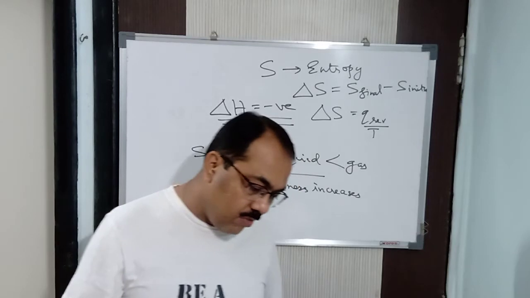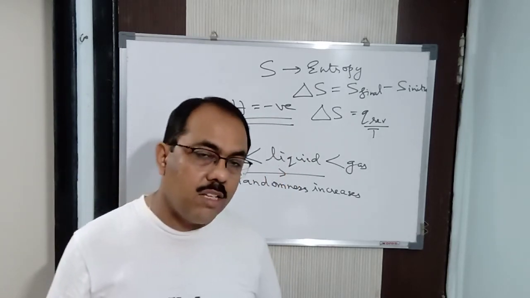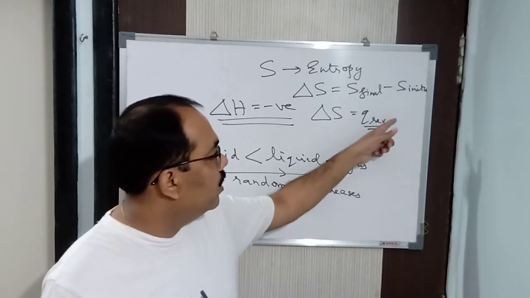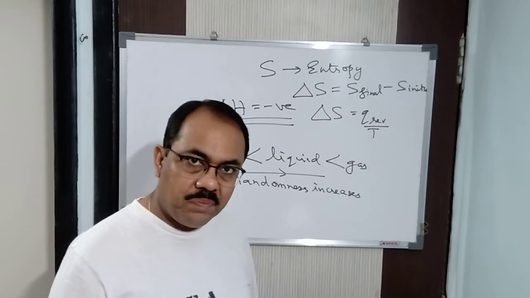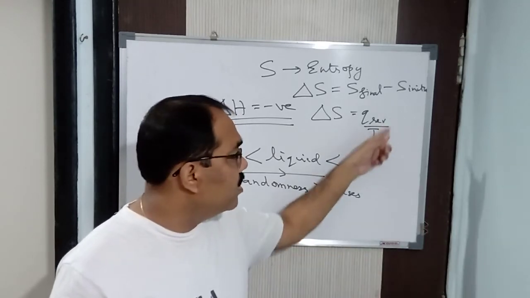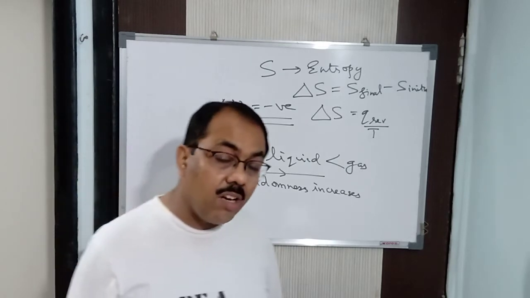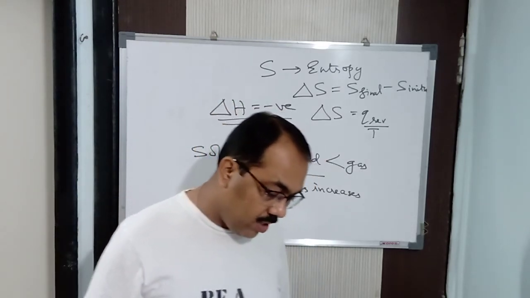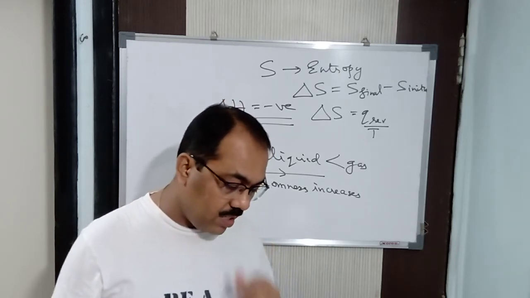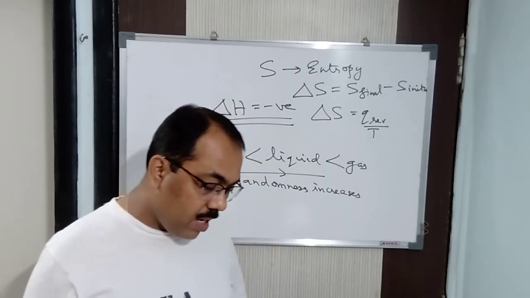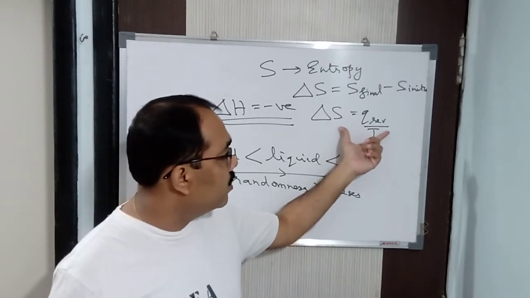That is Q reversible by T when the process is at equilibrium. So hence the unit of entropy: Q is measured in joules and T is measured in Kelvin. So joules per Kelvin, or calories per Kelvin, or calories per Kelvin per mole also, we can say that. Clear? So in this way, when the reaction is a reversible process, then Q